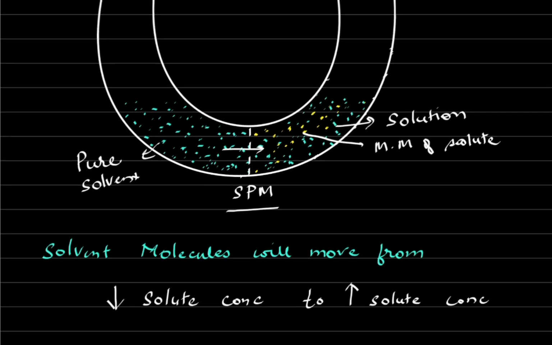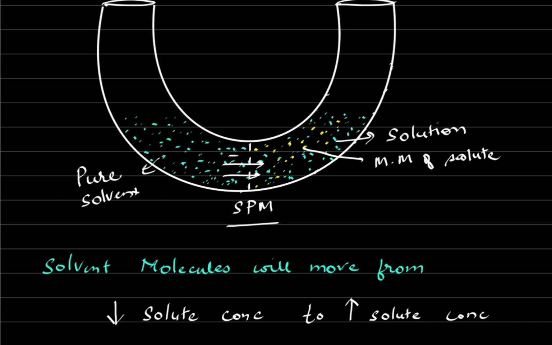Now, when these solvent molecules travel from solvent to solution side, if you were to stop the flow of these molecules, what would you do? You would have to apply some pressure on the opposite side, that means on the solution side. In the beginning, when you apply a little bit of pressure, it would decrease the flow of solvent molecules a little bit. When you apply a little more pressure, the decrease would be a little more. There would come a point where you have applied enough pressure so as to stop the flow of solvent molecules